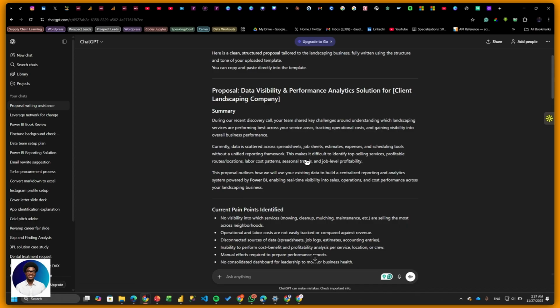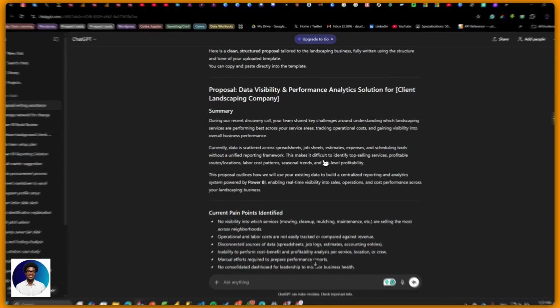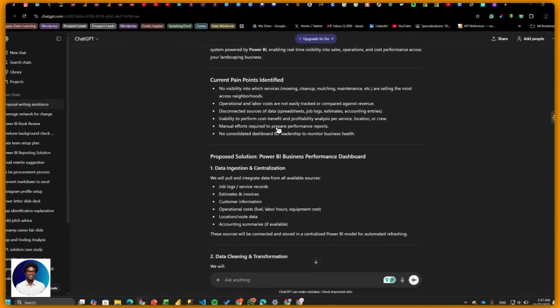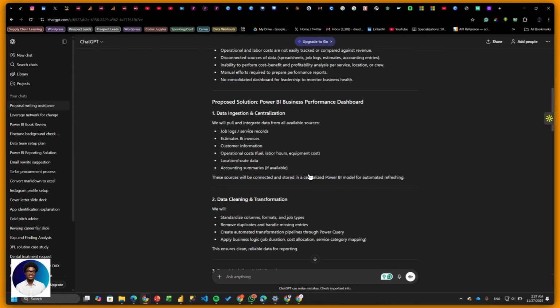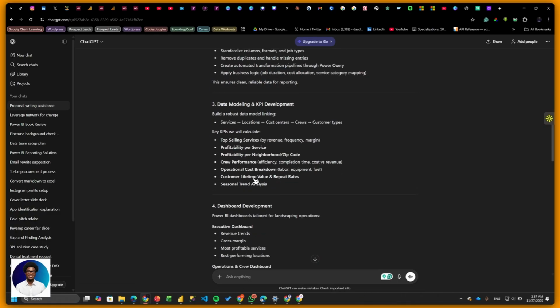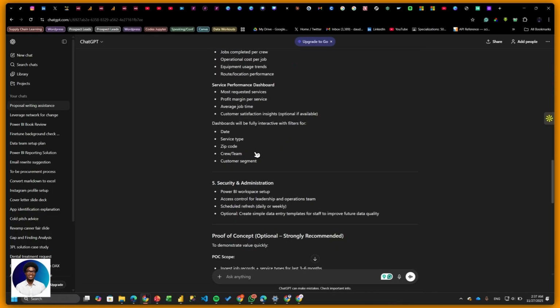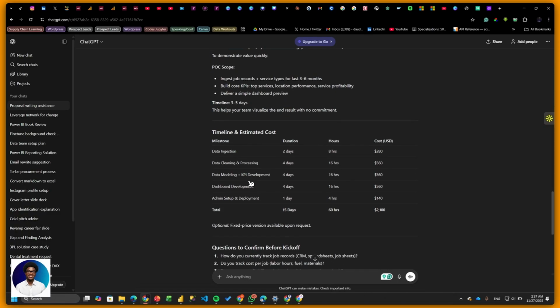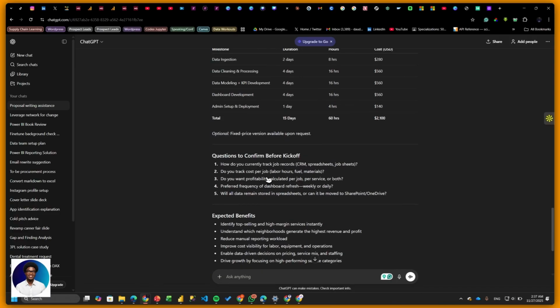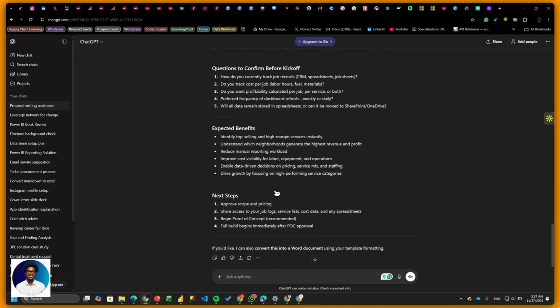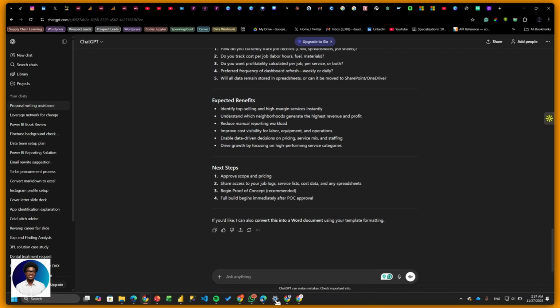Because you already understand what they currently have, you give ChatGPT that, and then you update it and fine-tune it how you want it to be. You copy and edit the templates one by one, just start manipulating the templates. So that is how it works.